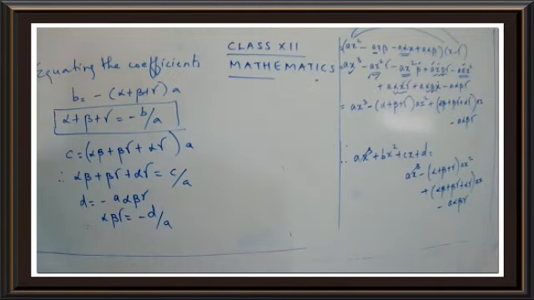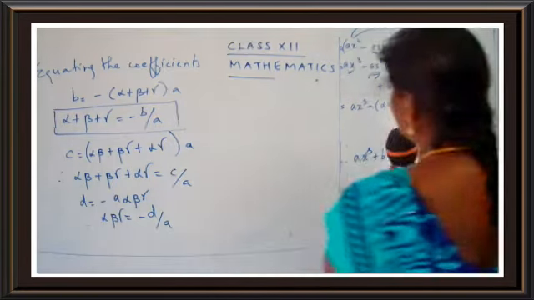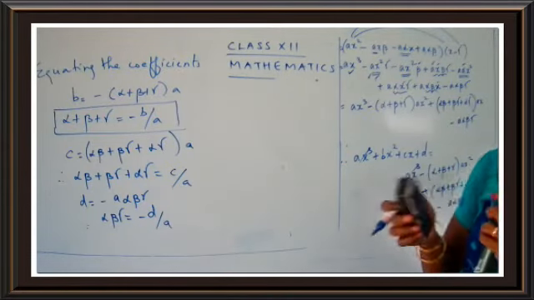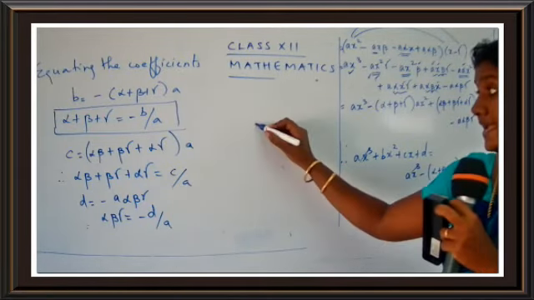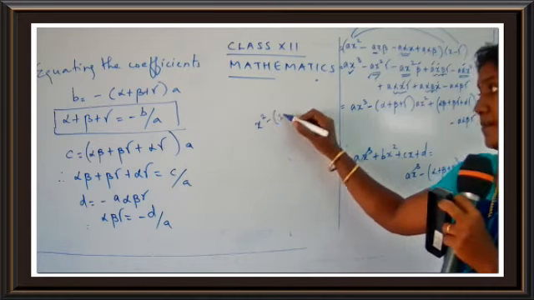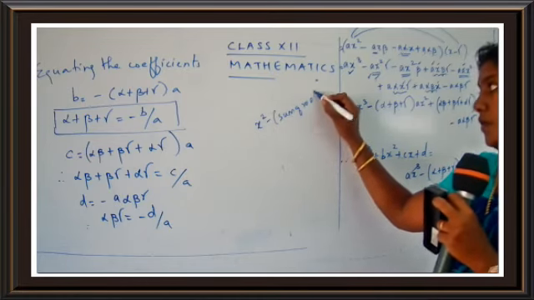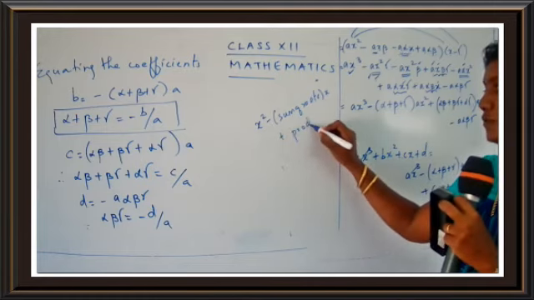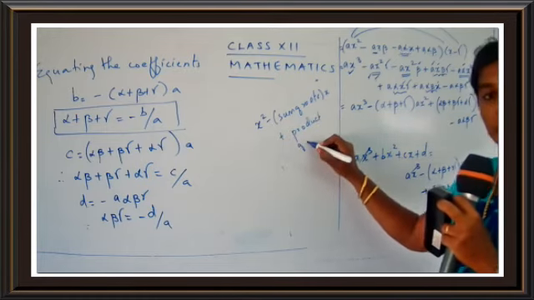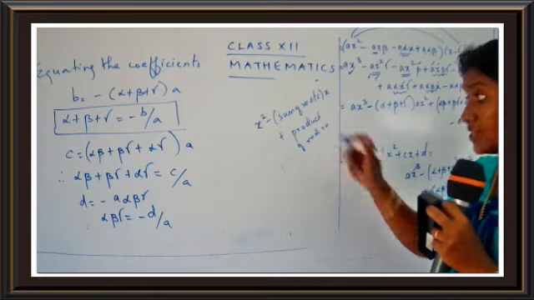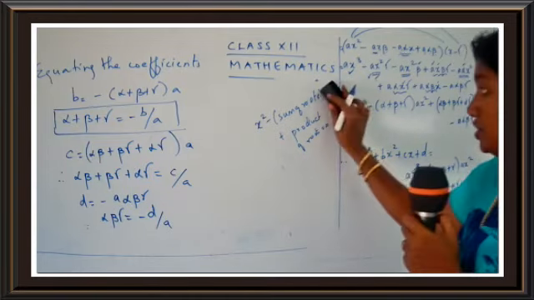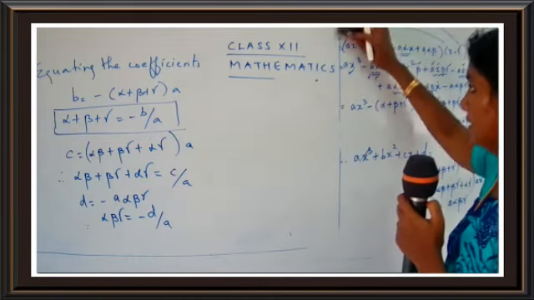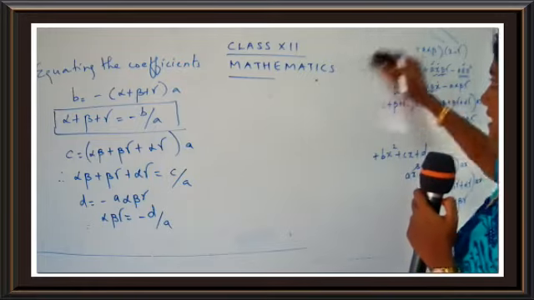Write down the general form of the cubic equation. So you know the general equation for a quadratic equation. What is the general form? It's x square minus sum of roots the whole x plus product of roots is equal to 0. Yes or no, children? This was for the quadratic equation. Now let us write for the cubic equation. Let me write down here, on the last step over here.